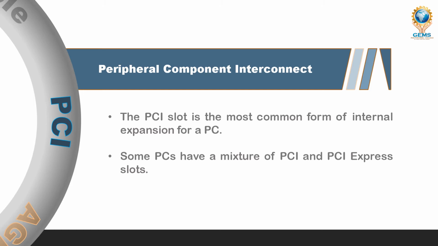So PCI slots came in many versions or specifications. PCI 1.0 was introduced in 1992, PCI 2.0 in 1993, PCI 2.1 in 1995, PCI 2.2 in 1998, PCI 2.3 in 2002, and PCI 3.0 in 2004, that removed the support of the 5-volt key system board connector.